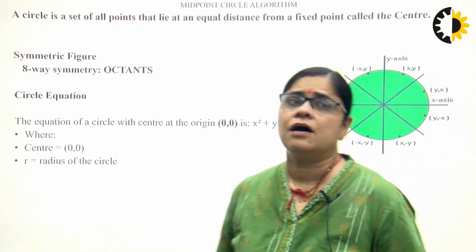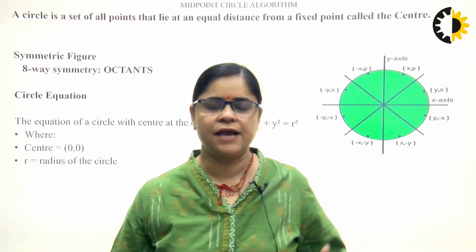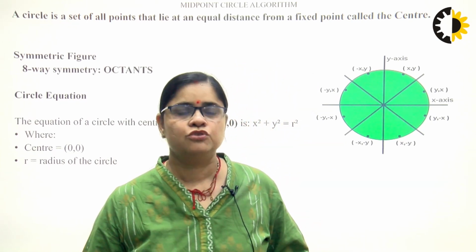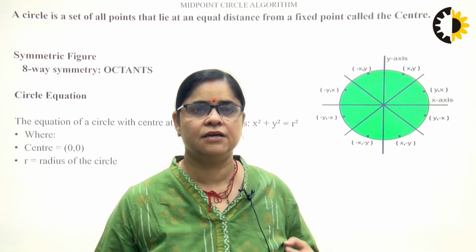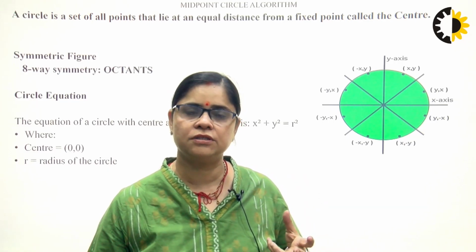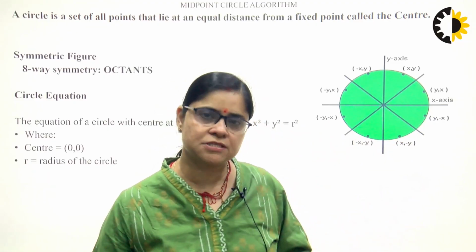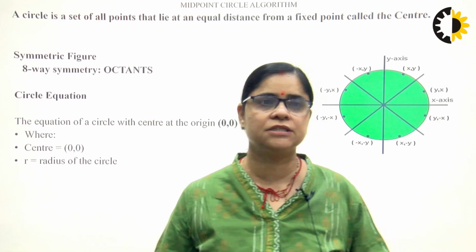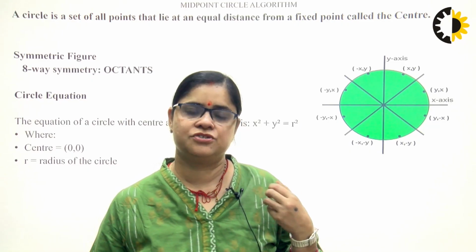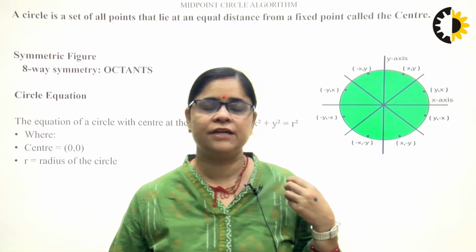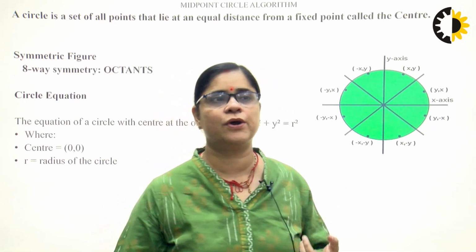When we are studying graphics, we normally discuss the line, point, circle, and ellipse. So we should know how a circle is drawn on the screen. We know that the whole screen is covered with pixels, which are small tiny parts. When we combine these tiny parts, we can draw a straight line or a circle. In that case, we are discussing the midpoint circle algorithm.